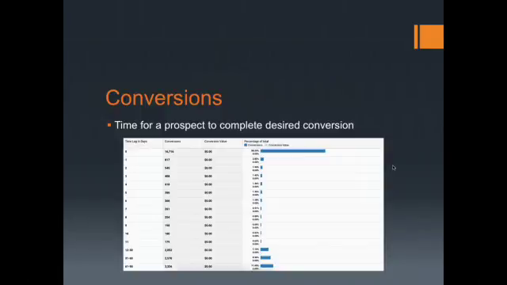Tons of great information here to allow you to make informed decisions, instead of just, how long do I market an asset? How many times does a consumer need to be touched? These 3 charts and these conversions allow you to make those decisions. And it all goes back to a consistent marketing message. You're consistent all the way through and across campaigns, so buyers can build trust, or sellers, if you're out looking for sellers, build trust in you, because it's more than, I sent them a postcard once and now they're always going to come to my auctions. No, they're going to need multiple touches, and maybe multiple touches across multiple different types of marketing media.